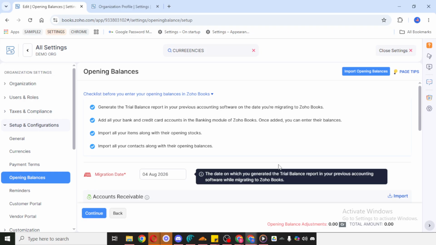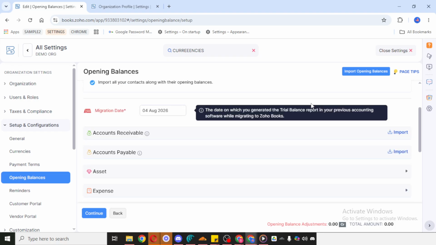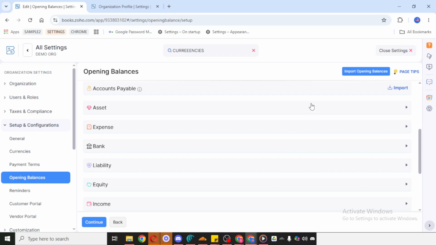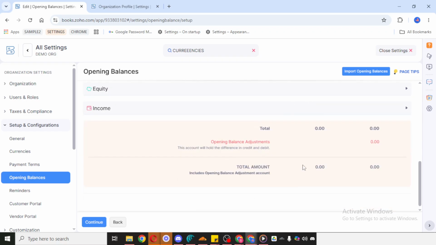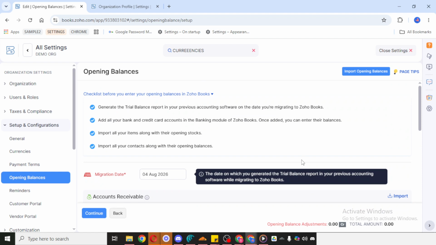After that, click Edit. In this area, carefully review the information shown and make sure everything is accurate before entering any balances. Take your time here, because even small mistakes can affect your reports later on. You can manually enter balances for the relevant accounts, and if needed, you can also import your items. The key thing is to make sure your records are complete and accurate so that your books match your actual